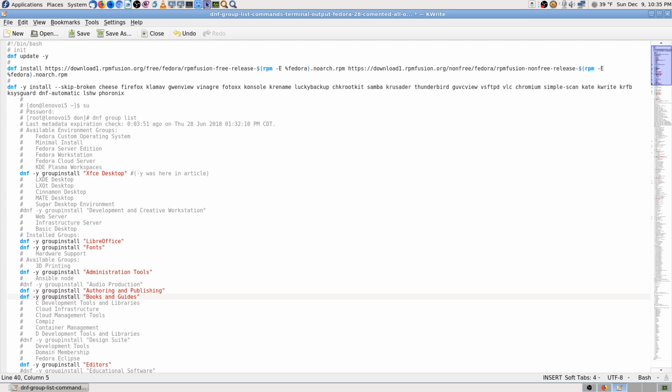No, it's just Y install. It won't skip broken in this section. It does up at the top. It skips broken up here in this group, but I don't think it'll skip broken down here. We may find out. Books and guides, development tools, cloud infrastructure,